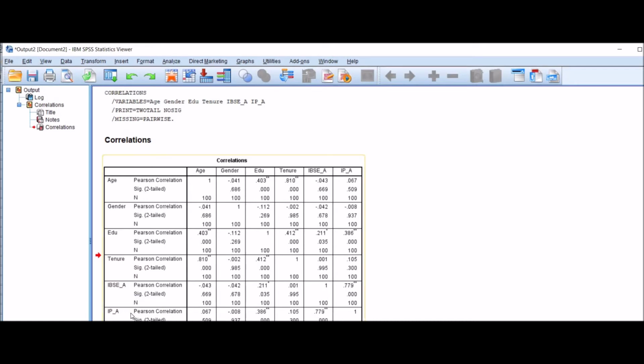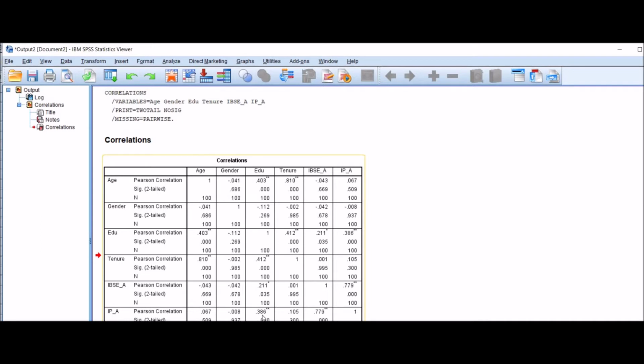Similarly, you have your dependent variable IP having the correlation with education of 0.386 and is significant at 0.01 p-value. So in this correlation matrix, you can see that your dependent variable innovative performance has a significant correlation with education.